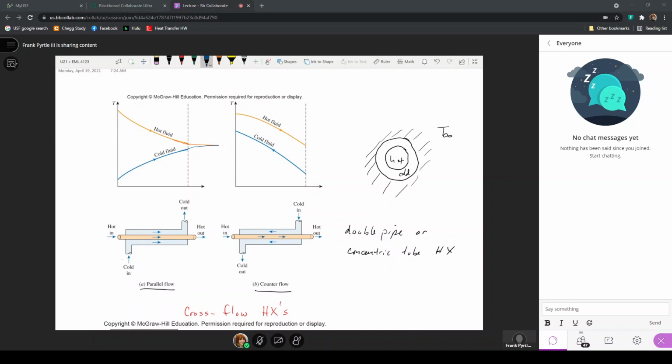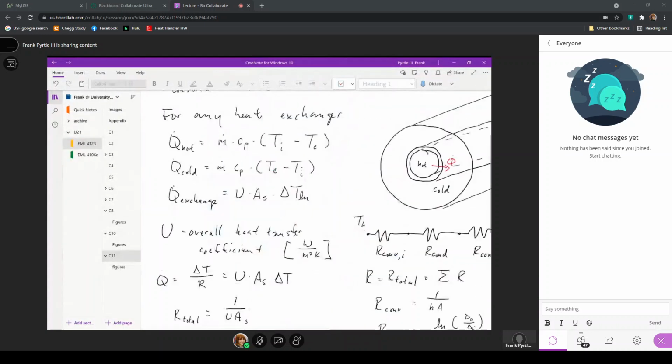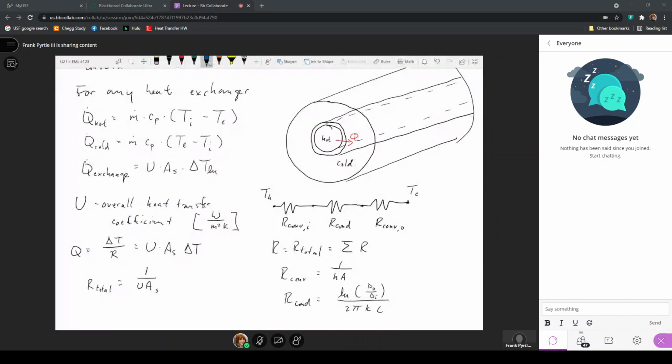So here we'd also have a nonlinear expression of the temperature variation, and thus we would have to consider, well, what is the average temperature difference along the length of the heat exchanger that we can use to actually calculate a heat transfer rate that occurs between the two fluids. So when we're writing an expression for the heat transfer that occurs between both fluids,